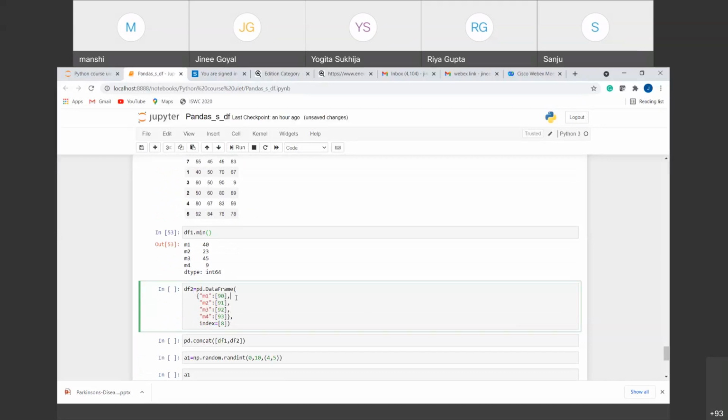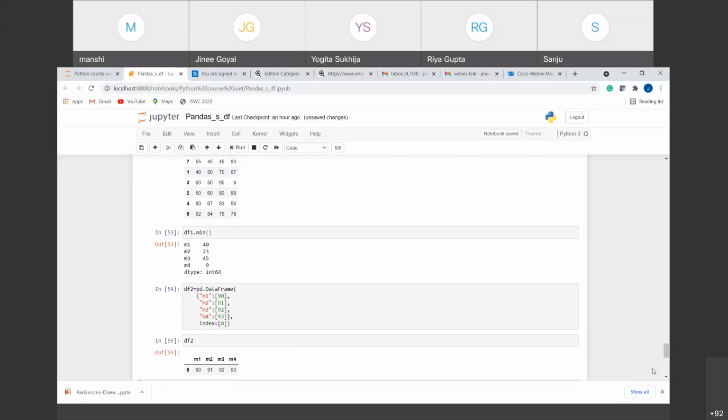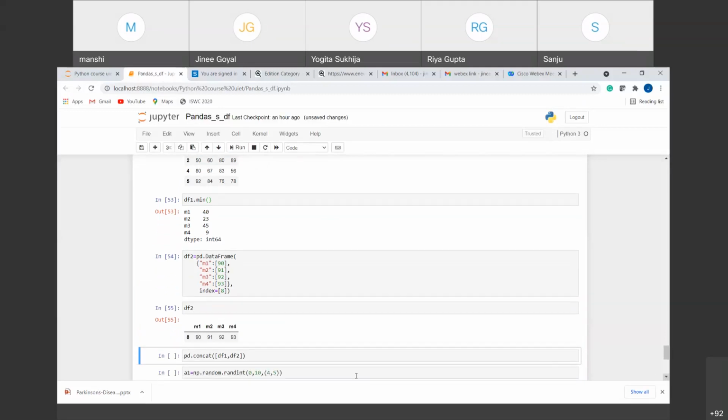So let me run this first, and let's see df2. So you can see here that it consists of 4 columns and only 1 row, right?